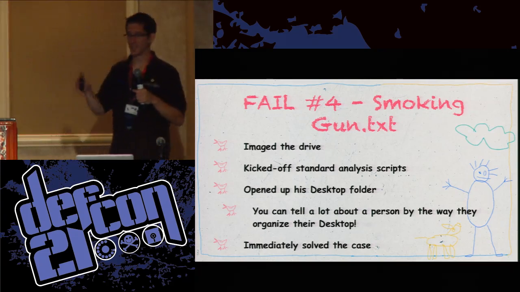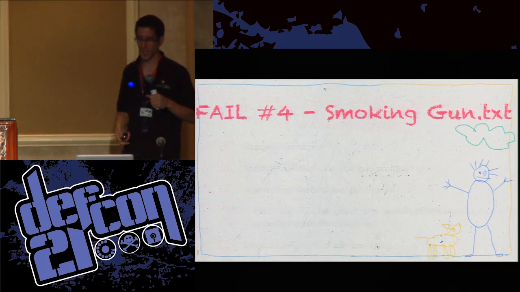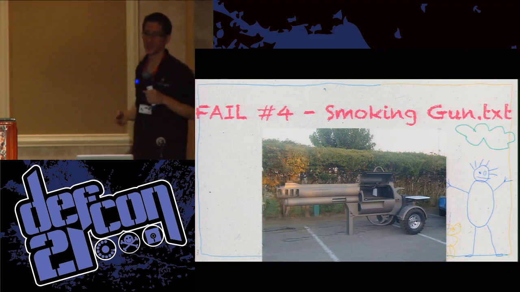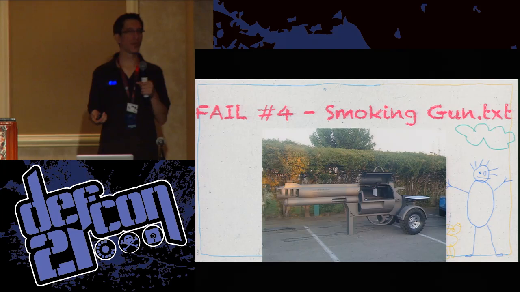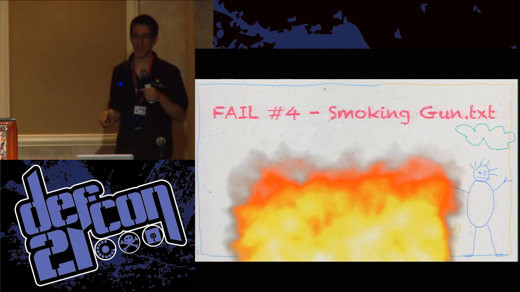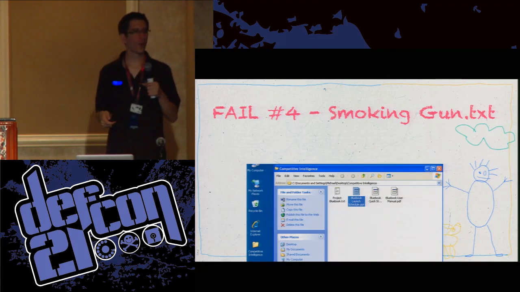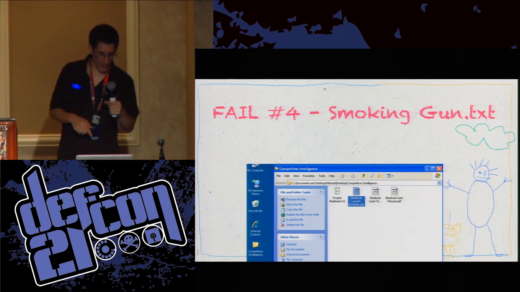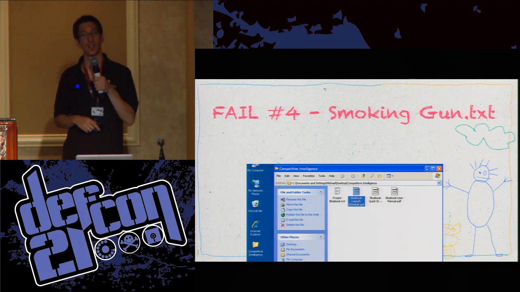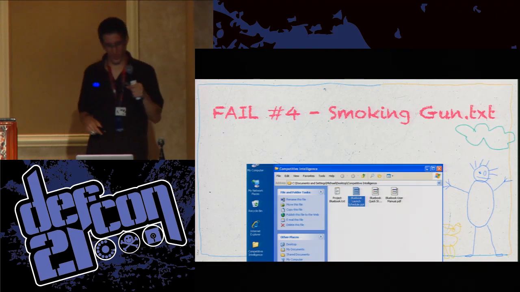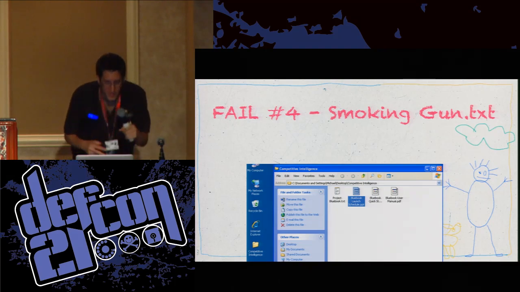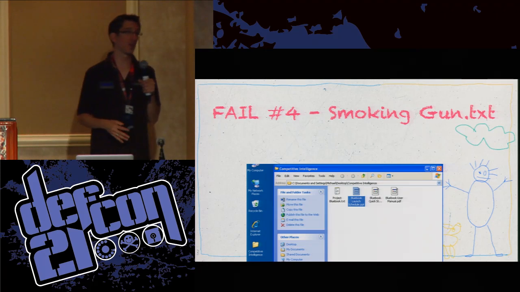How did you do that? Well, this is the smokinggun.txt. It was almost as easy as this. With a barbecue? So I opened up the desktop folder, and I saw this. I'm hoping you can see that in the back, but I'll read it out for you. You've got a folder on the desktop, you can see it at the bottom left there. The folder is called Competitive Intelligence. And inside that folder, we've got a PowerPoint presentation titled Project Blue Book. We've got some PDFs. We've got a whole bunch of stuff about this Project Blue Book that this guy was working on